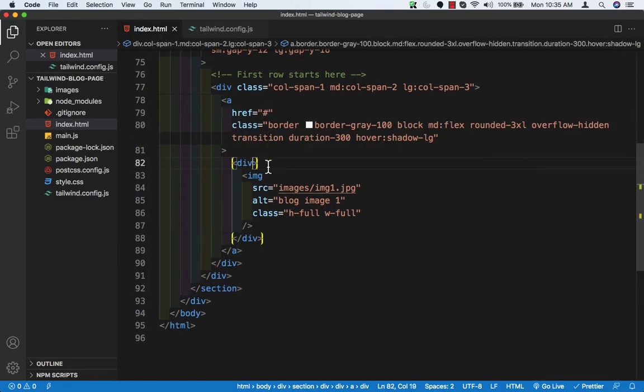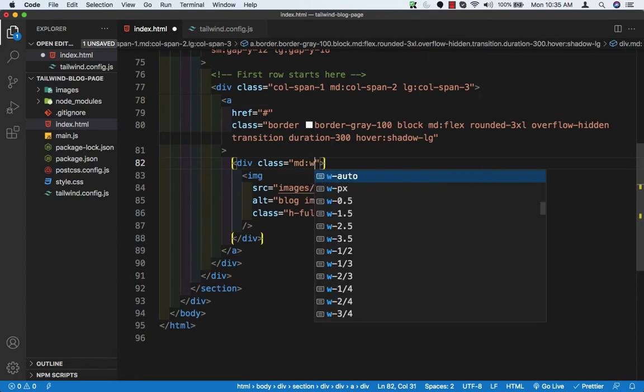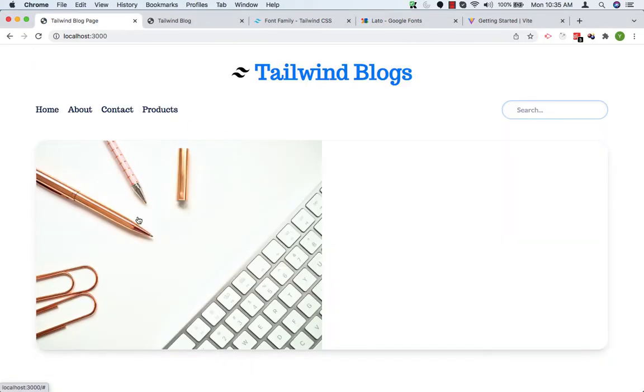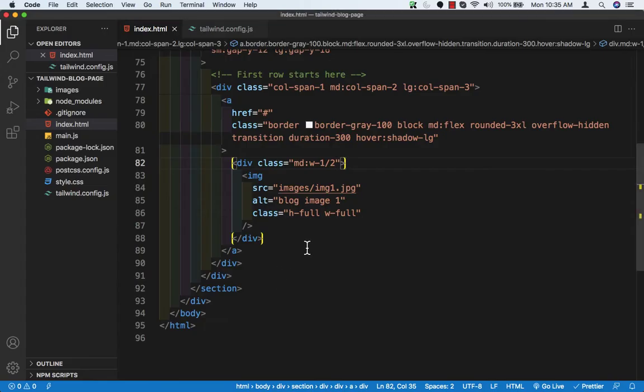So now in this div we will do MD, sorry, class that is going to be MD, and we need the width of half. If I save this now, as you can see we are getting this, and if I hover on this you can see the shadow of LG. Now we need to add the text here. Still there are a lot of CSS classes which we need to add. This part is done. Then after this div we need one more div,